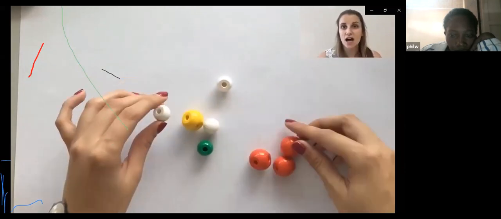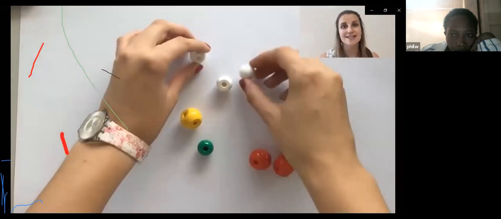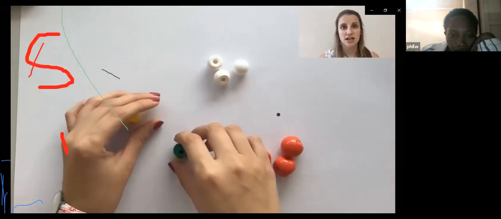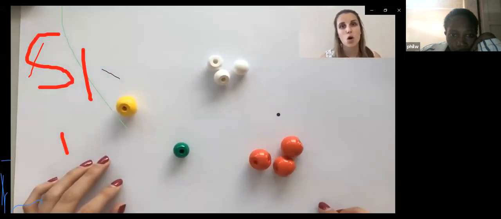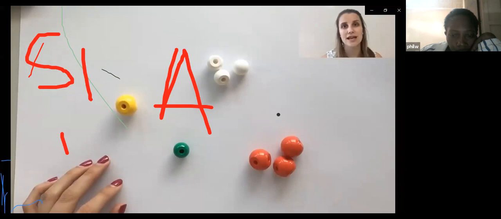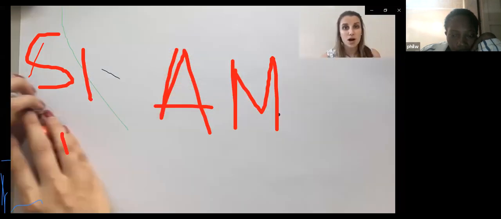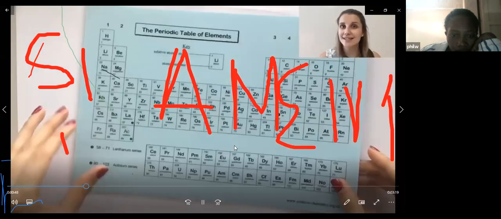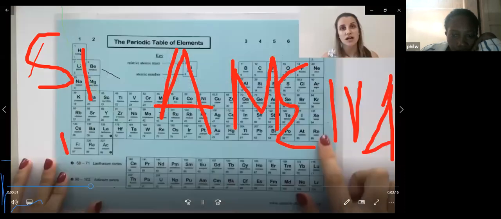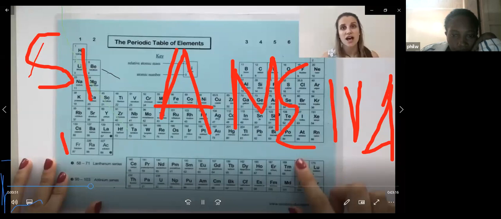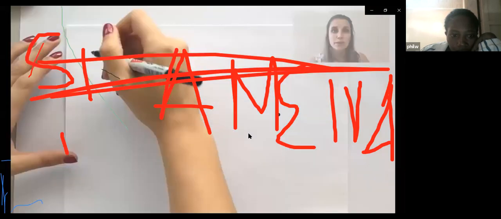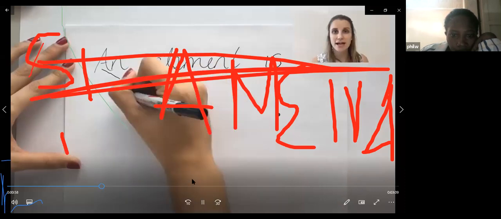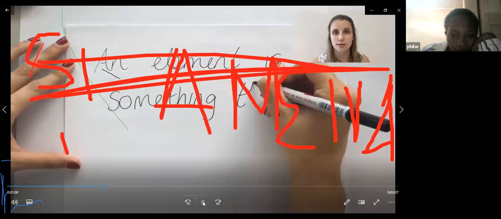What you can see that I've got here is several different types of atoms. And if we organize them into sections of the same type of atom, we can then call those elements. Now, surprisingly, there's only actually 118 elements that have been discovered so far, and you'll find all of them on your periodic table. An element is defined as something that is only made out of one type of atom. So if it contains any more than one type